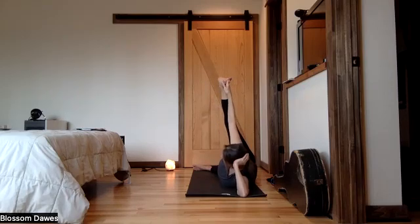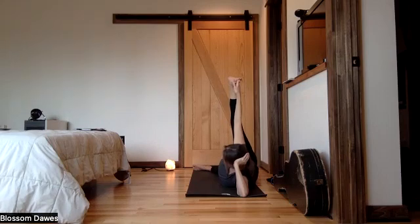Ground the bottom leg. Vishnu's reclining couch posture. Like Supta Pada, we do that on our backs, going out to the side with the leg, that same kind of energy. Breathe one more time. Lower your leg